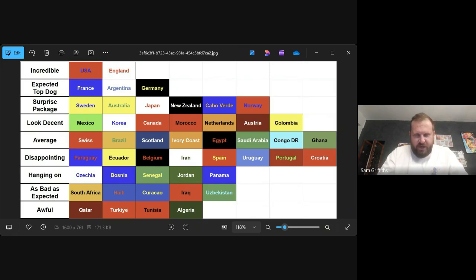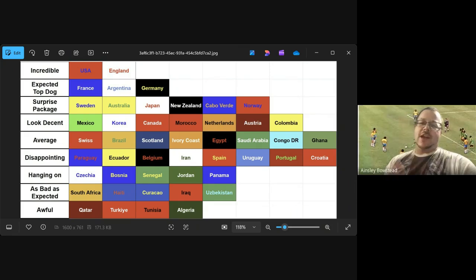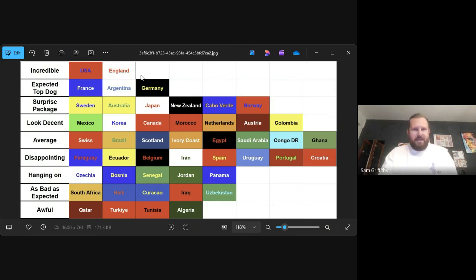Don't share your window because it will just go on forever. Okay, it seems to be okay. I think. Can you see my screen or just the? I can see everything. I've got me and you and the chart of incredible through to awful teams. Yeah. Okay, so I guess we can start chatting, can't we? This is the start of our. Let me put a background on.